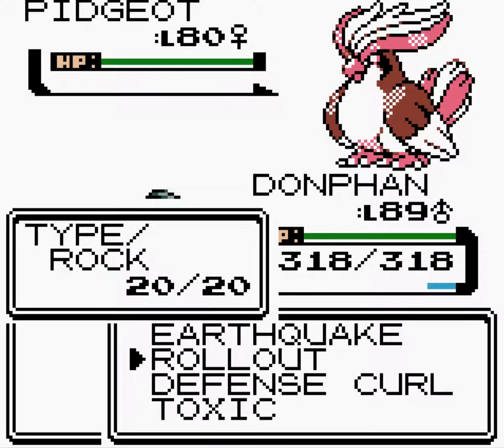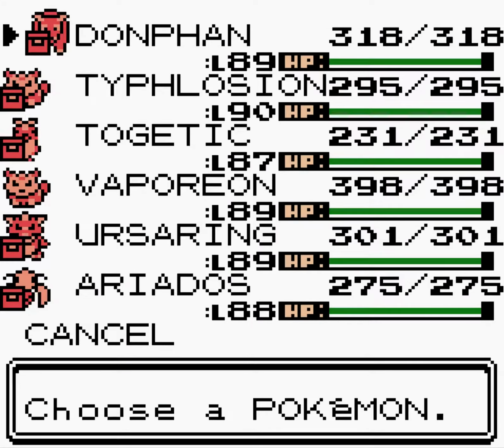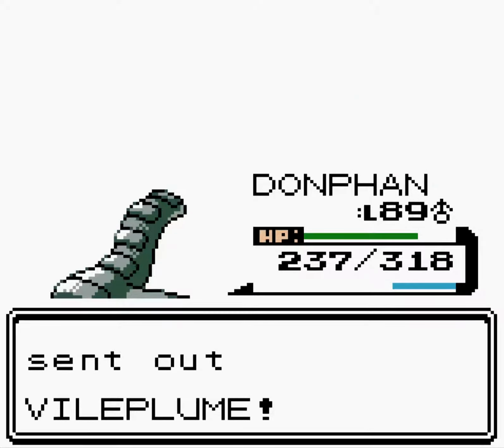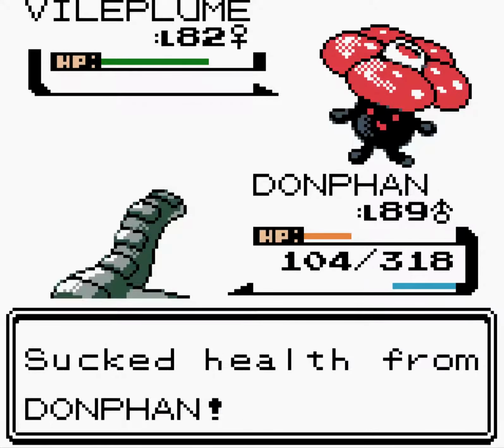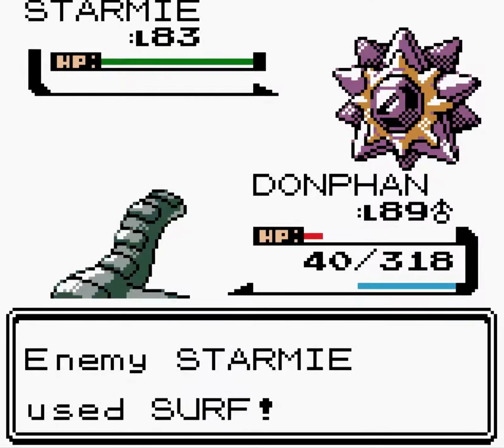Okay, so, Pidgeot, we're going to roll out. And unfortunately we missed the Sky Attack. I'm going to stay in. I don't see Sky Attack doing that much to me. It doesn't. Rollout comes through. Just going to send out a Vileplume. That is a pretty hefty hit with rollout. That's 4 in a row, 1 more, and